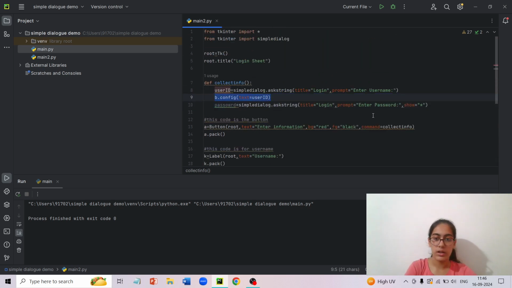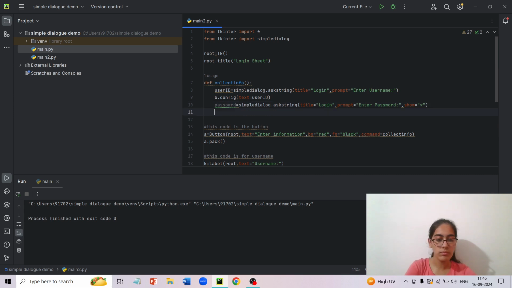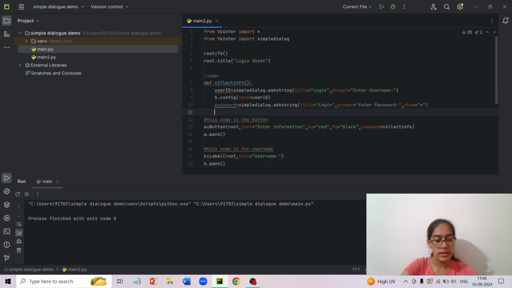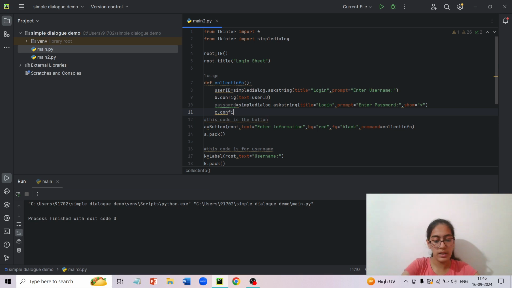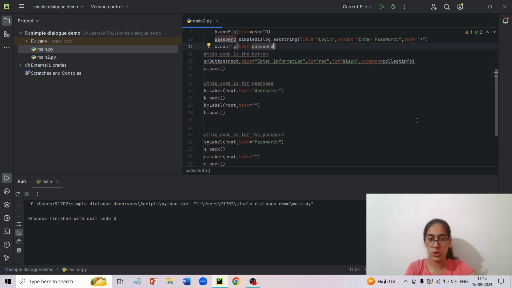So c.config bracket text equals to password. So now when we run, it should all show me the code.